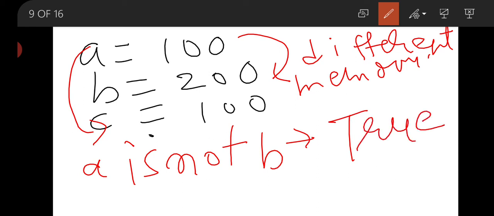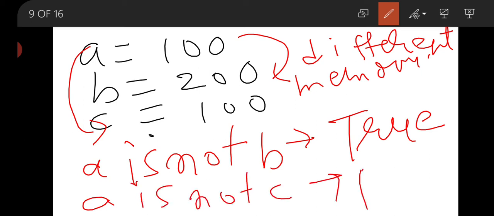This will return true because A and B have different memory locations. That means A and B do not have the same memory address. Then this will return true. And if we write A is not C, then this returns false because A and C contain the same memory location. That's why this returns false.